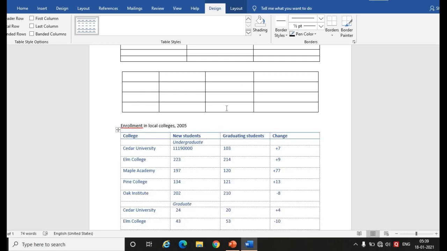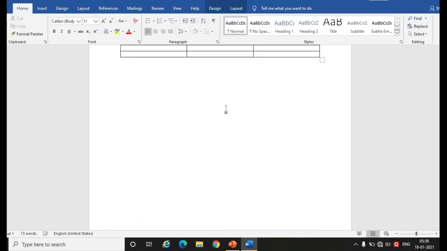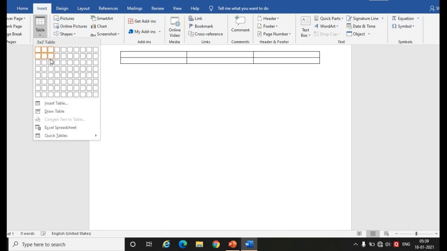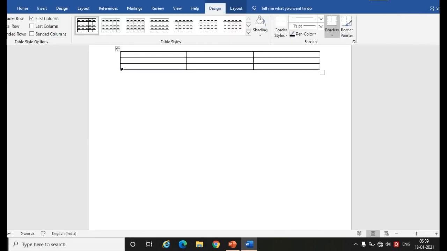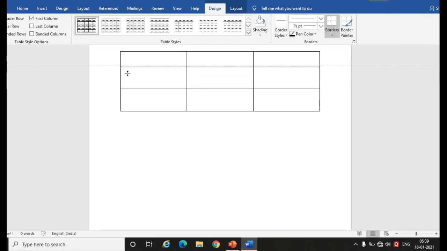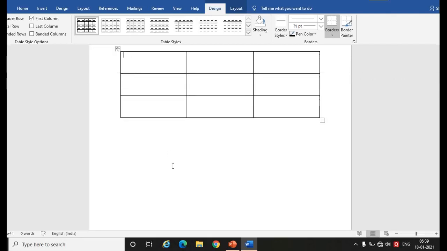Now next one, I will just do Control Z over here because there are many tables created, and go in table, and I will take a table from a field, and I will increase the size of each column a little bit. Okay, I am just stretching them and the size is getting increased.